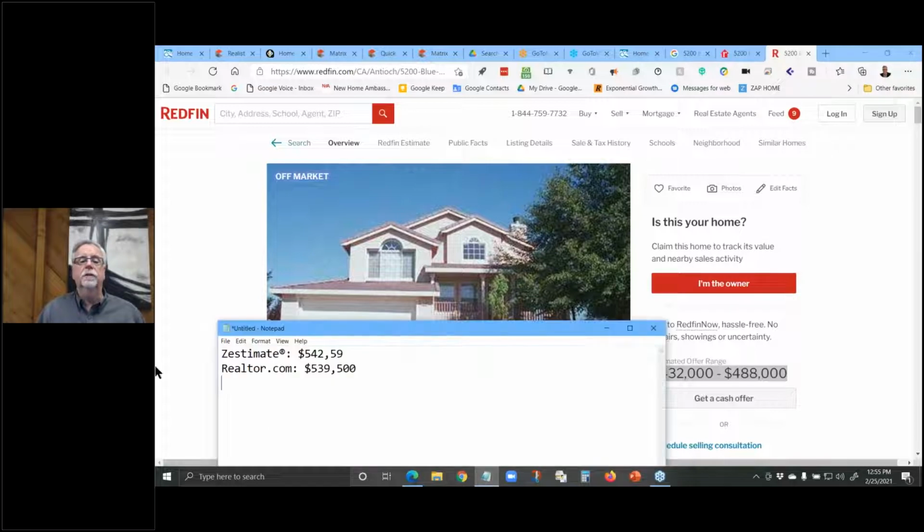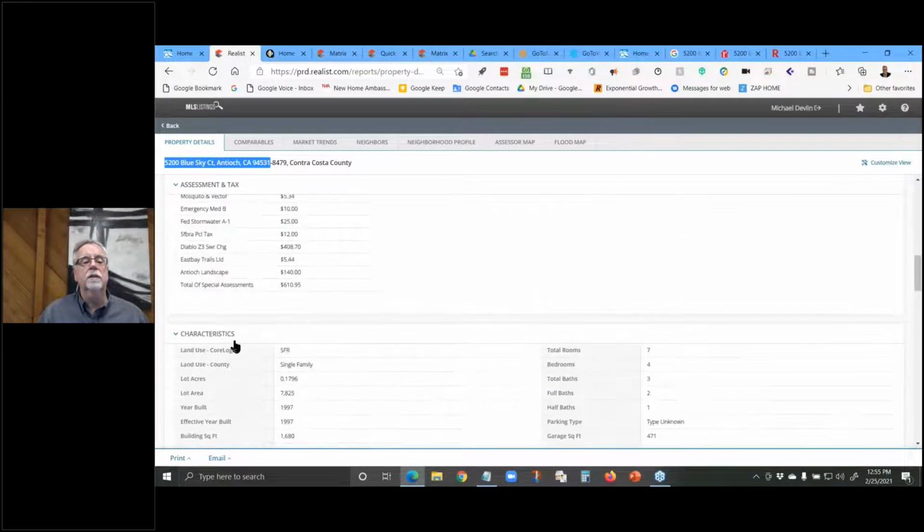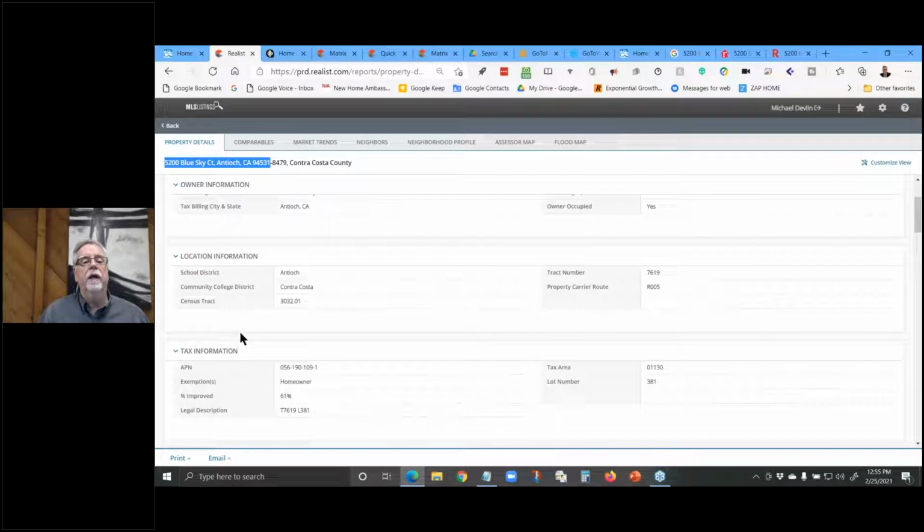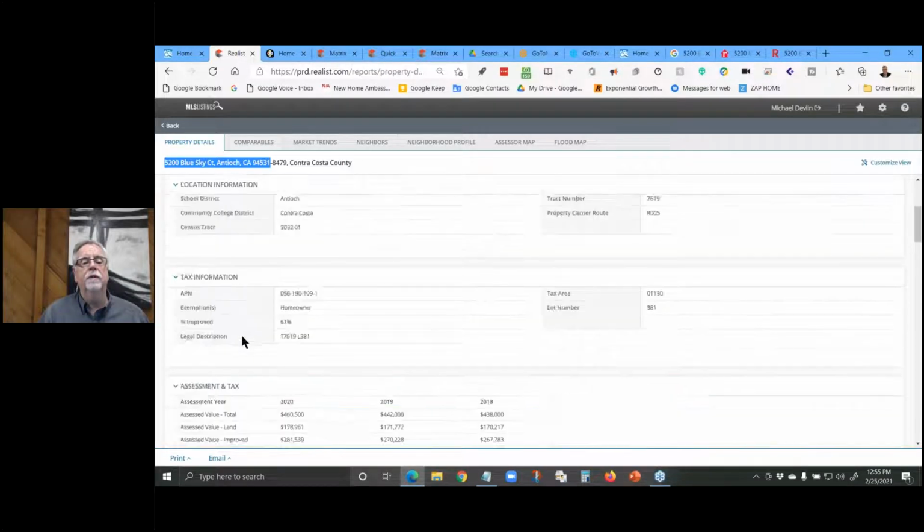That's the difference. So this is Redfin. I'll put that in. Notice now, wow, yeah, that's a lot less. And back under our real list, where we had a valuation model,